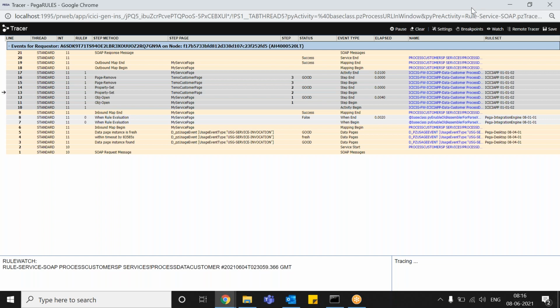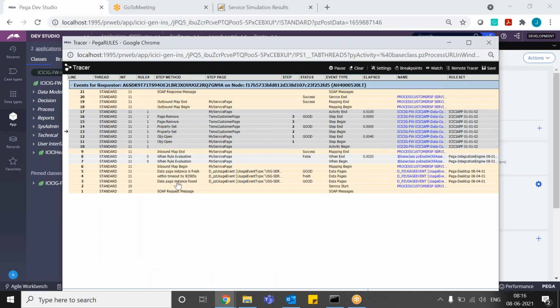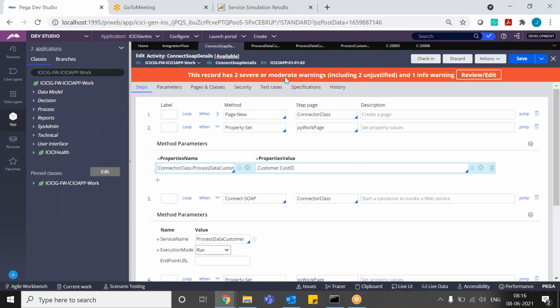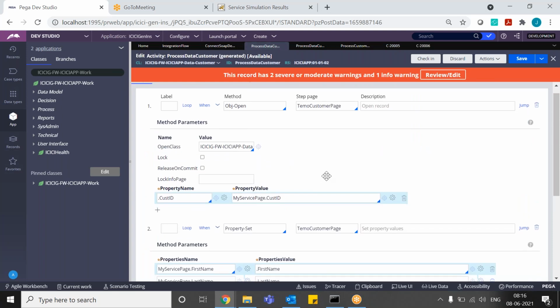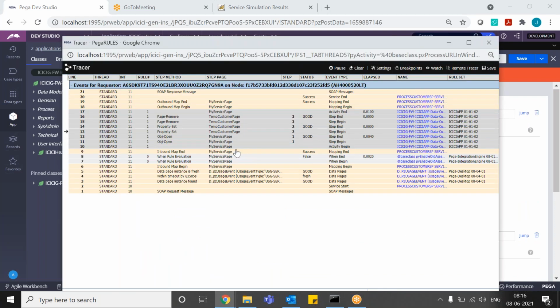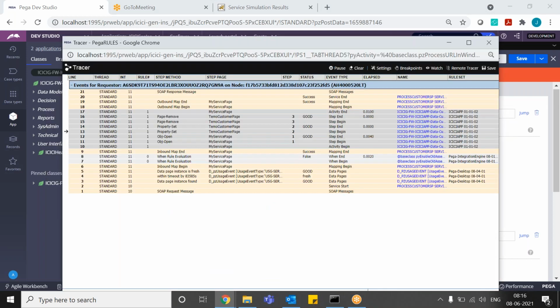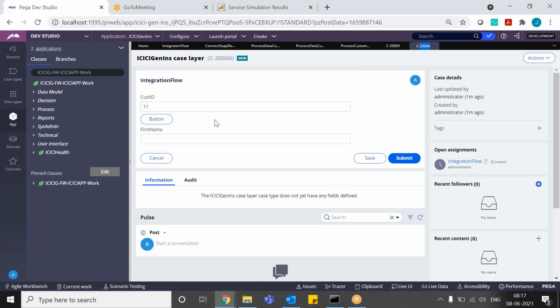Is it executing the right activity? Because here the first step OBJ open is there. Yes, sir, OBJ open. But go to the activity which you have opened. This is page new. This is the OBJ open, temp customer page, but here OBJ open is showing my service page. Looks like something is wrong. The activity which it is executing and which it is tracing are both different.